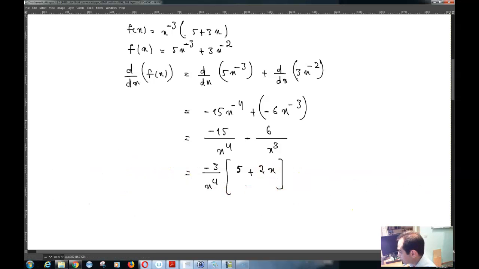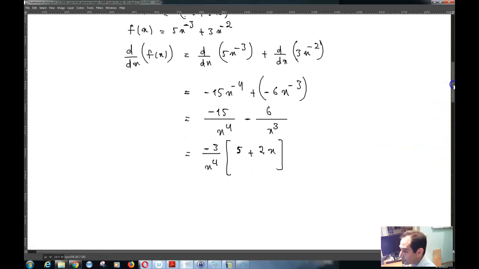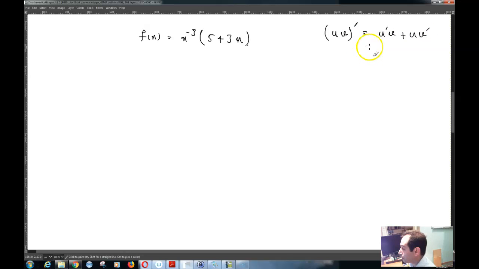And alternatively, what you can do, if you don't want to multiply, is you can write f of x as basically x raised to the power negative 3 times 5 plus 3x, and then you can use the product rule, u times v, the Leibniz product rule. u times v whole prime is equal to u prime times v plus uv prime, and